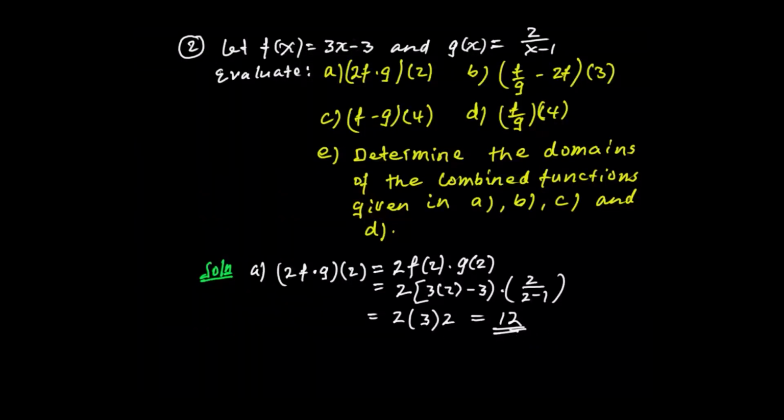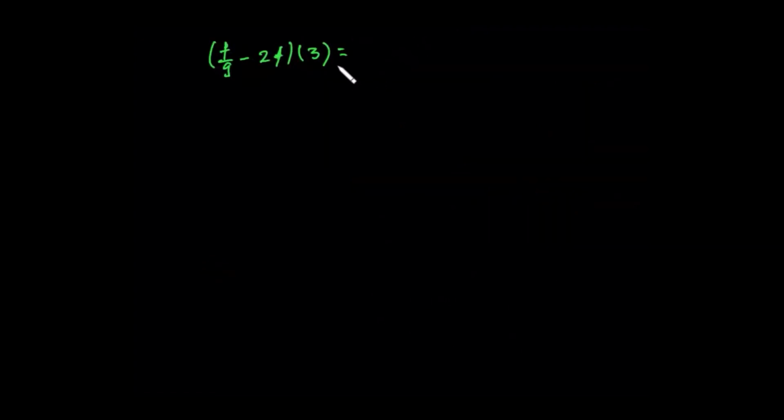ቀጣዩ b ላይ እንሂድ። ኦኬ ልክ ቅድም ባሳያችሁ መንገድ የምንሰራው ይሄ ደግሞ b ነው። f over g minus 2f of 3 ነው። ይሄንን ኢቫሉዌት አድርግ ነው። ስለዚህ ይሄ ምን ማለት ነው? ባጭሩ f of 3 divided by g of 3 minus 2 times f of 3 ማለት ነው። ሌላ እንትን የለውም። ስለዚህ f of 3 ካልኩሌት ማድረግ ነው። f of x 3 times x minus 3 ነው።